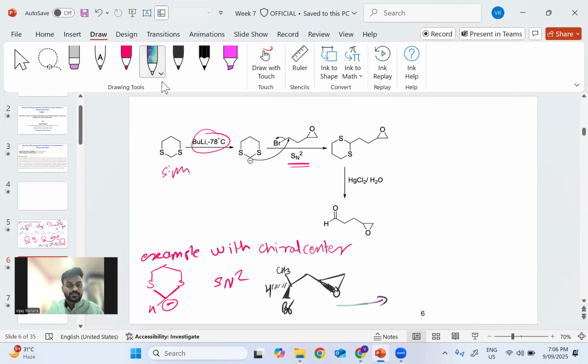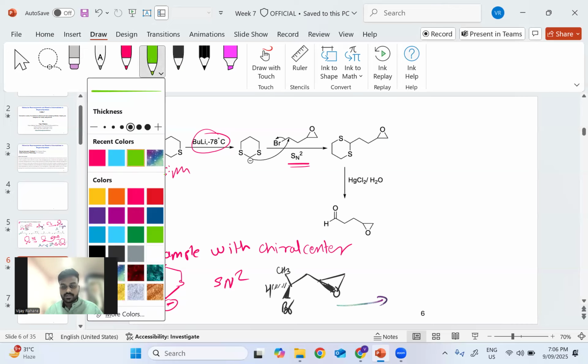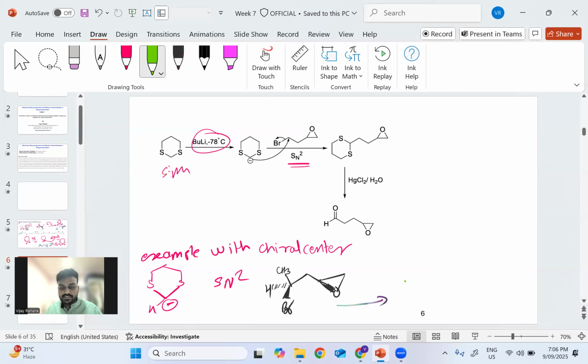So that product will have the chiral center inverted in configuration. The CH3 will be in the plane as it is in the starting material. Further, this chiral center will remain unaffected. And at this center, the stereochemistry of bromo will be inverted, and here the hydrogens will be on this